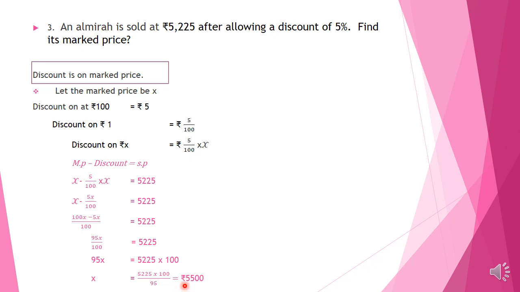Okay children. So here we have to understand discount is on marked price. And discount percent is 5%, it means for rupees 100 we have rupees 5 discount, and for rupees 1 we have 5 by 100. Therefore, discount on the total marked price X is equal to 5 by 100 into X. Okay children, so here we found the discount by the unitary method. Otherwise, directly you can find discount is equal to 5% of X, equal to 5 by 100 into X. Okay, anyway you can find the answer. Right children.